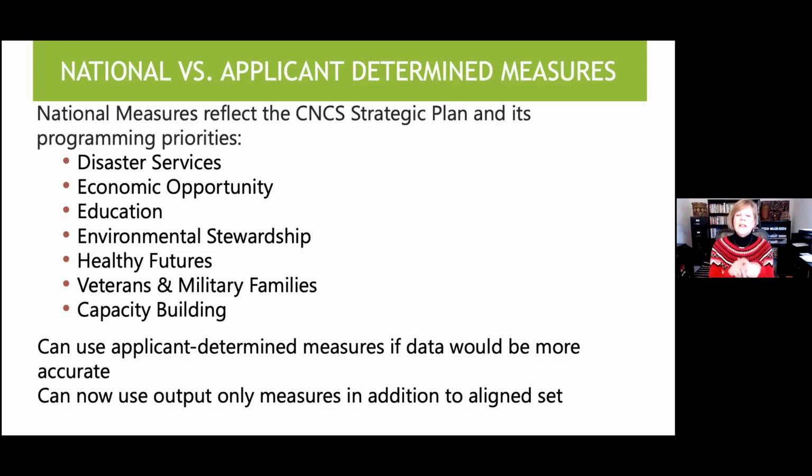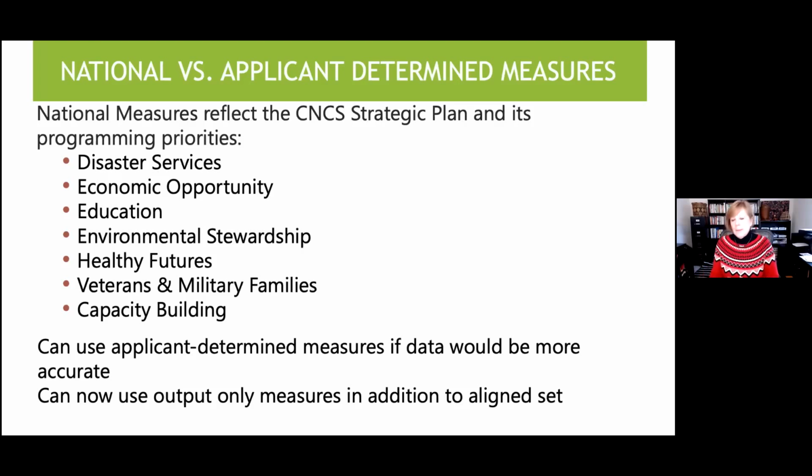So we mentioned this a little bit before, but I want to revisit it quickly, because I was part of the initial team that helped think about national measures. What CNCS had in mind was that there are a lot of programs doing similar things across the country. In the early days of AmeriCorps, people were measuring all kinds of things. They used slightly different wording. So when they reported through their commission and it got sent up to headquarters, they had a really hard time compiling all that